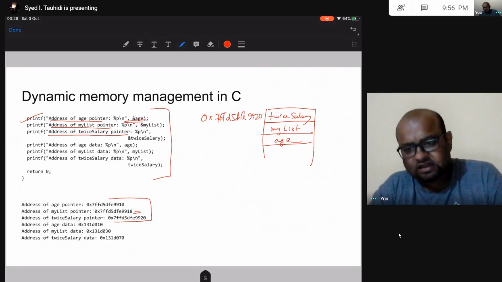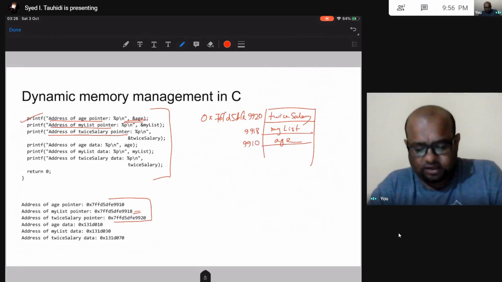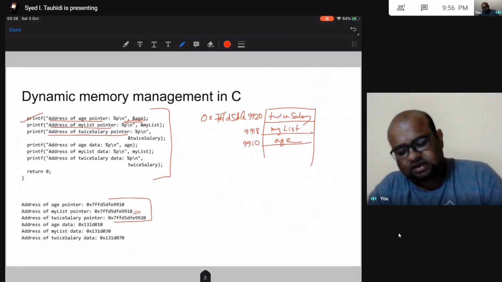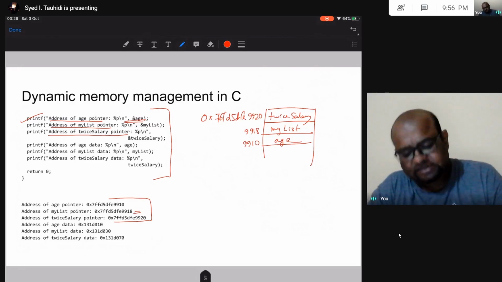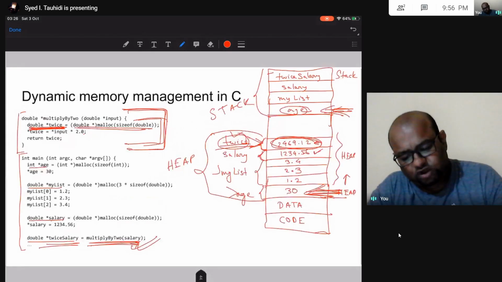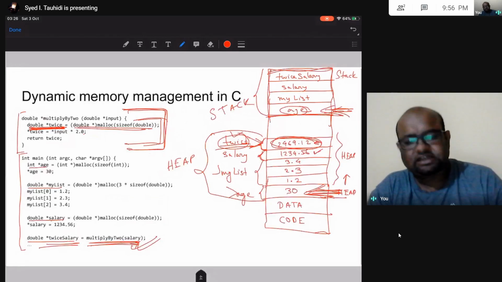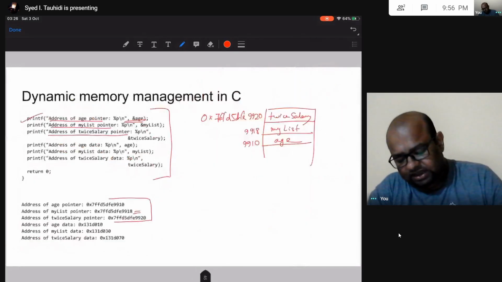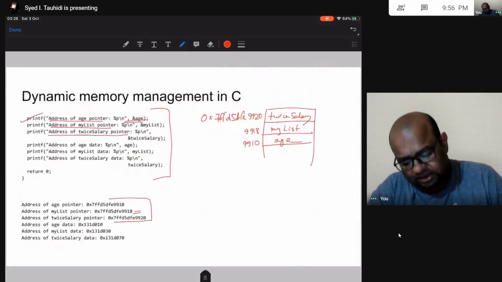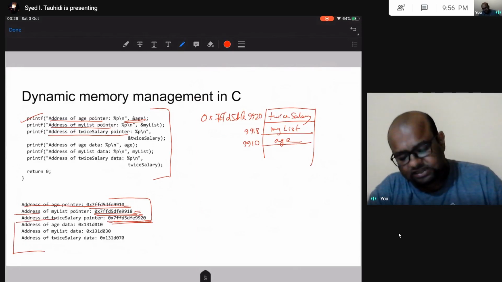This is 9918, and this is 9910. So this is how all these things are in stack, right? Like we discussed, these pointer variables are there in my stack. So address of age pointer in my stack, address of my list pointer in stack, address of my twice salary in stack.